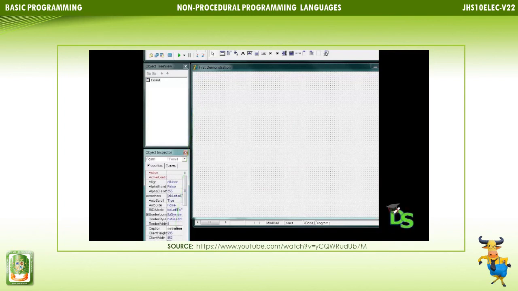Now let's change the name of the form. You will learn later how to assign proper names to your components, but for now I will just go ahead and change the form's name to FRM First Demo without spaces. I'll explain that later, but what I want you to see, by changing the name of the form, I'm not